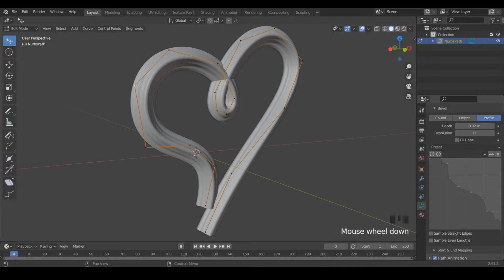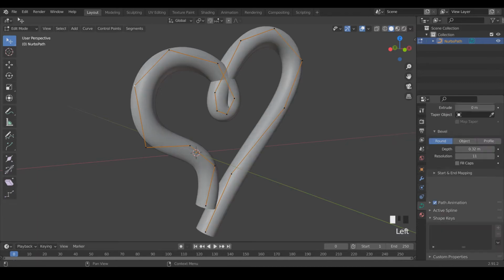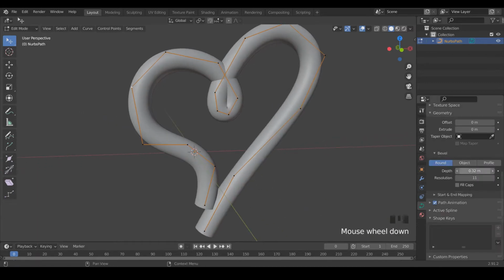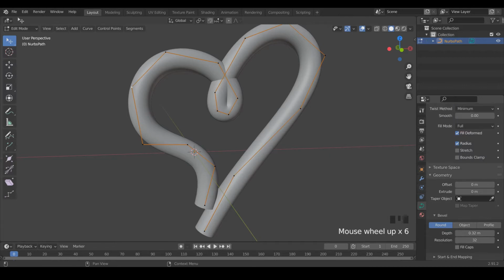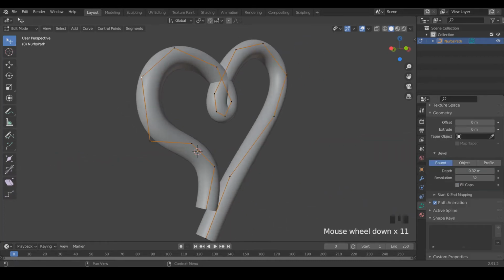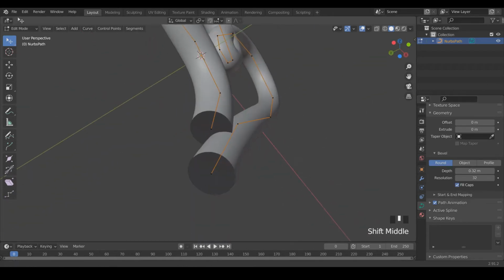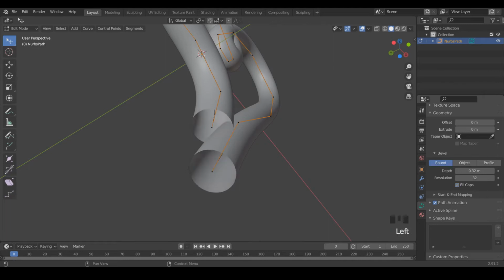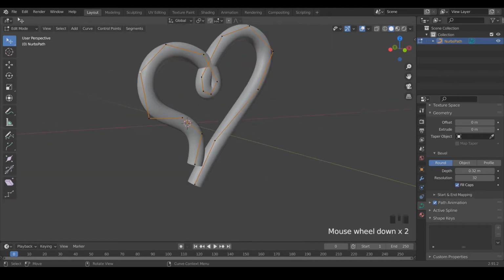But for this design, we're just going to stick to the round feature. Make sure that our resolution is up to something around 32. And then also bump up our surface resolution. And I'm going to put a pretty high value because we're shooting for a pretty dense mesh. And before we do anything else, we want to make sure to fill the caps at the ends. That way we know we're going to have a solid mesh. It won't give us any problems during 3D printing.